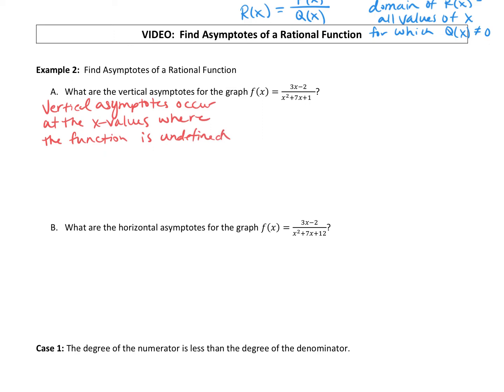And we just talked a minute ago about what makes a function undefined. Well, when you have a fraction, if you are dividing by 0, your function is undefined. So our vertical asymptotes will occur at the x values that will make your denominator equal to 0. So when you have to find vertical asymptotes of a rational function, you say, well, I'm going